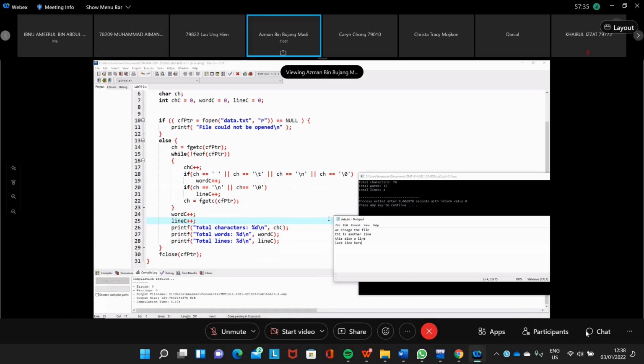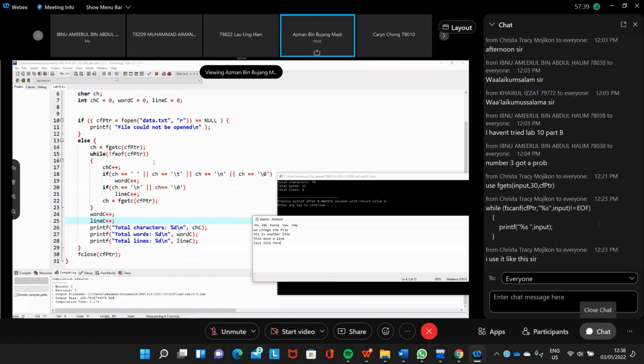That is number 3. We open the file for reading, and then we read character by character. And then exercise 6, searching in a binary file.